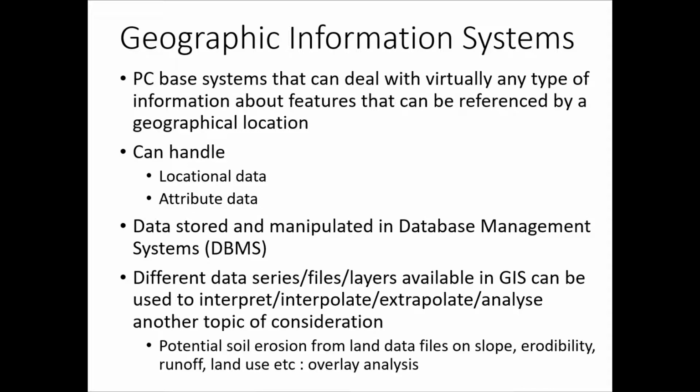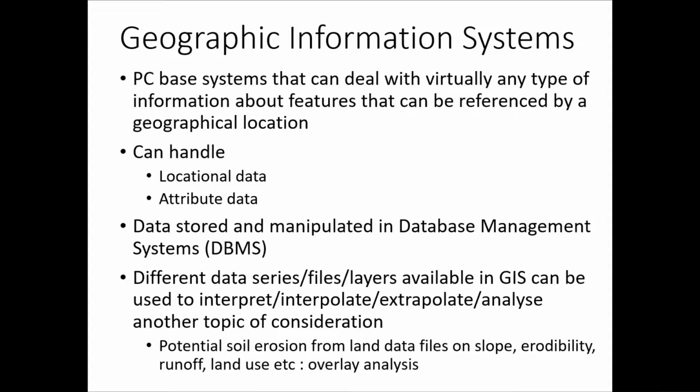The particular location or the coordinates at which a particular feature exists, right? Suppose our campus exists at a particular geographic location. We know the coordinates where the campus is, right? And what is the attribute data? Any data associated with a feature in a particular location or at a particular coordinate is called attribute data.